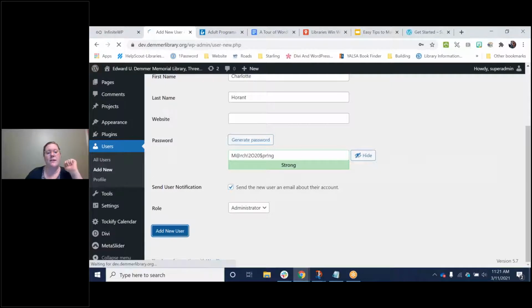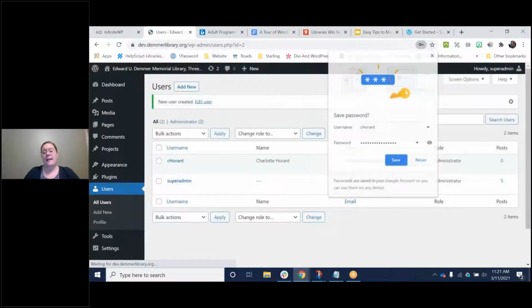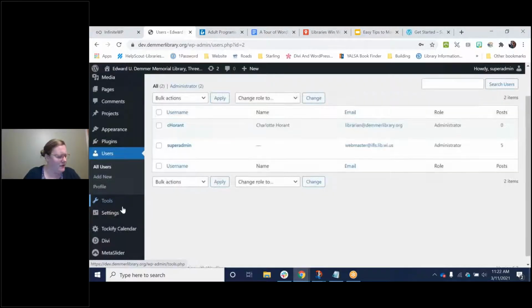So let's finish adding this new user. So now you can see we have two users in here, myself and Charlotte. It's important to use a generic email because let's say I put one in here for Hamland@wvls.org, and then I get hit by a bus or I'm out for 2 months. You don't want to have a specific email associated because you want to allow for access for your library team for the long run. Do you have any questions about that?